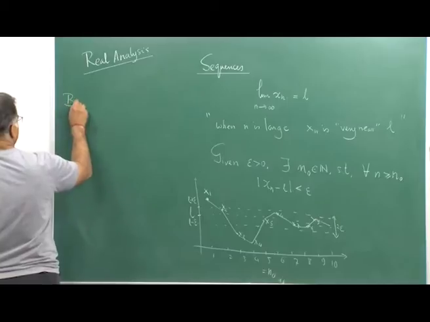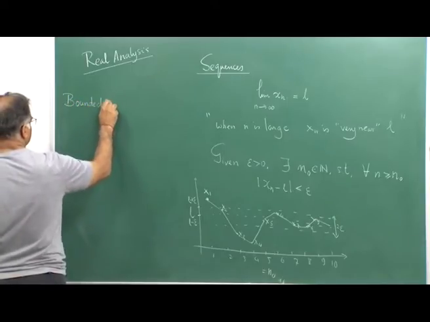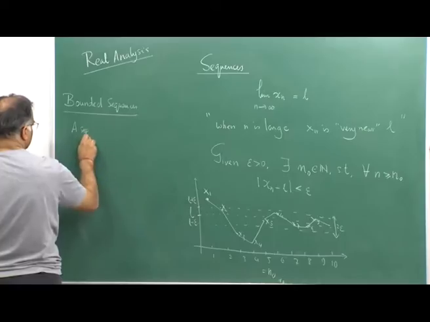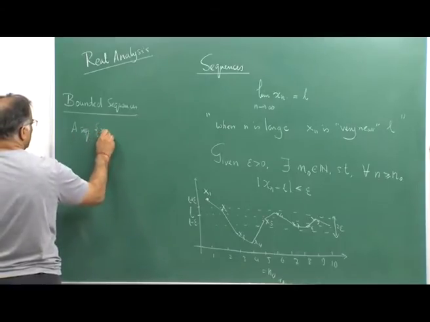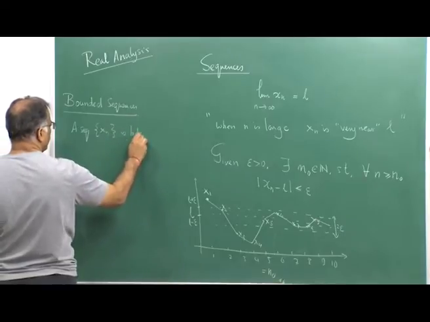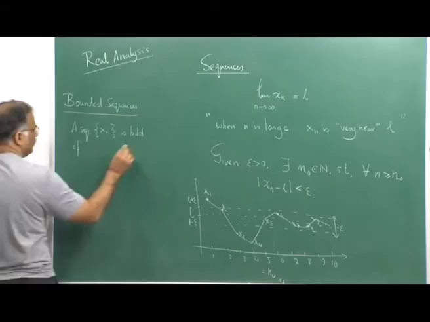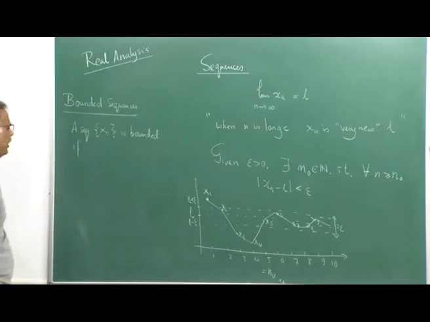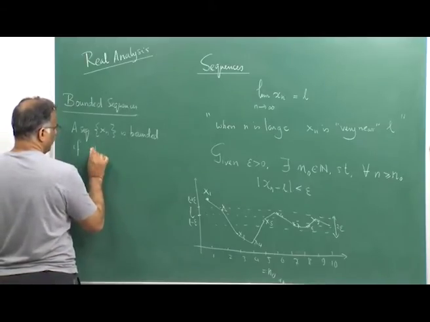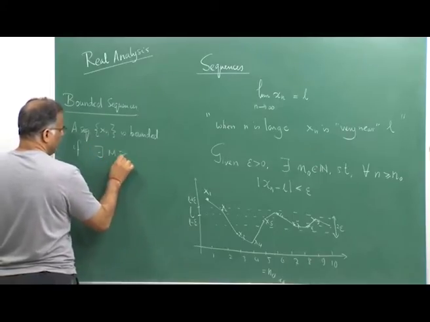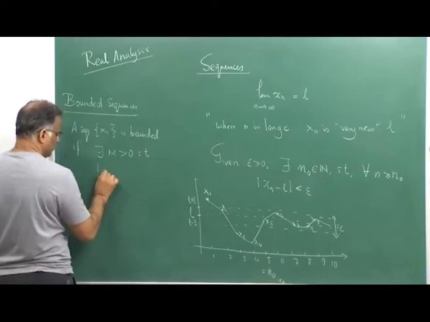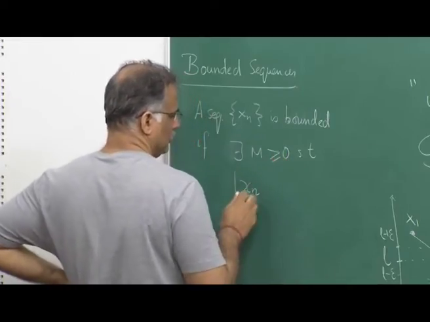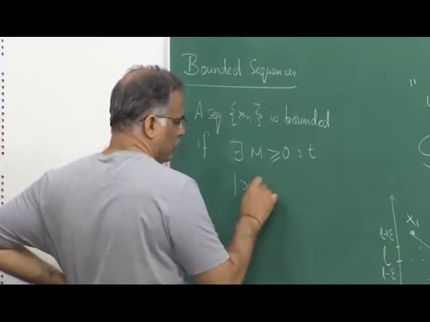So, there is something called bounded sequences. A sequence, from now on in short SEQ, a sequence xn is bounded, which I also write in short as BDD, if there exists M greater than 0, or it could be greater than or equal to 0, it does not matter, maybe because xn could be 0, 0, 0, 0 also, such that